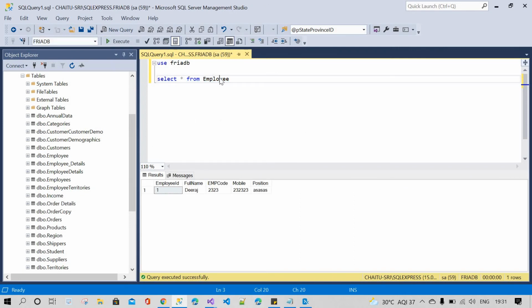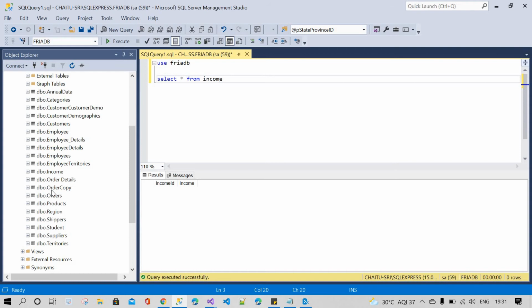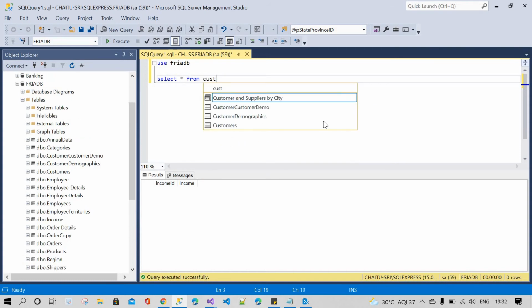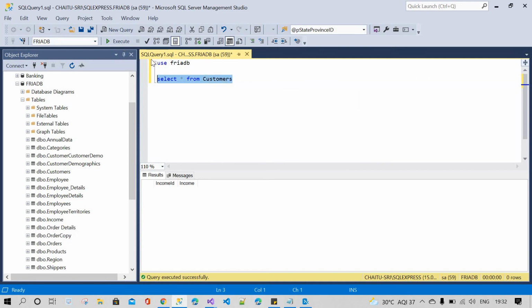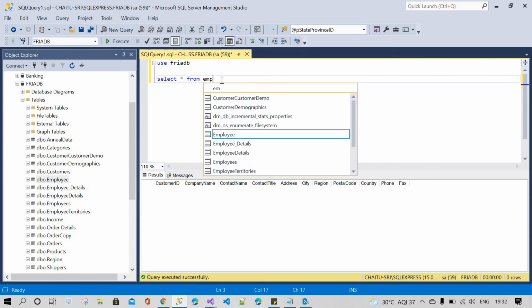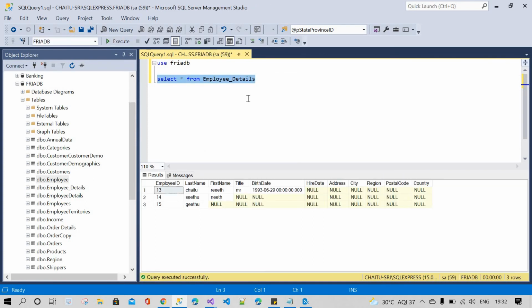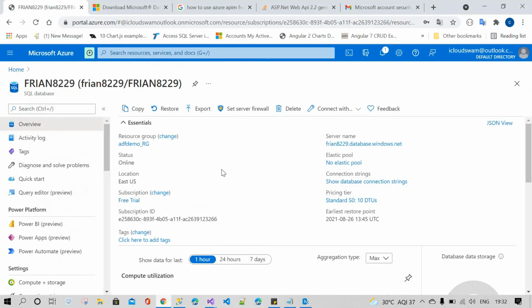Employee and income. I think there is no data here. Okay, employee has data. We will use that one only. Employee and employee details have the data.